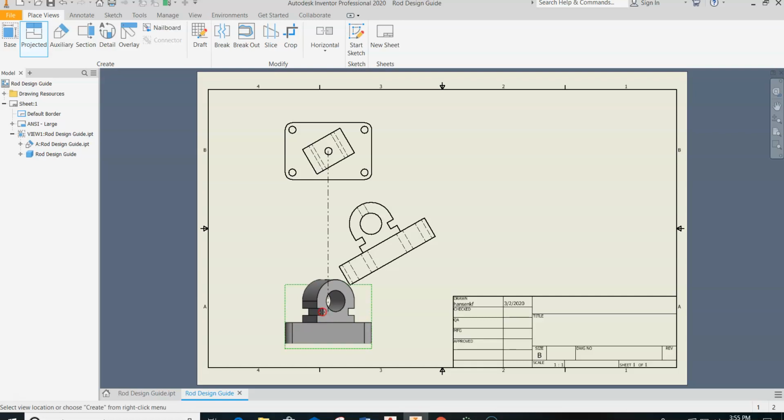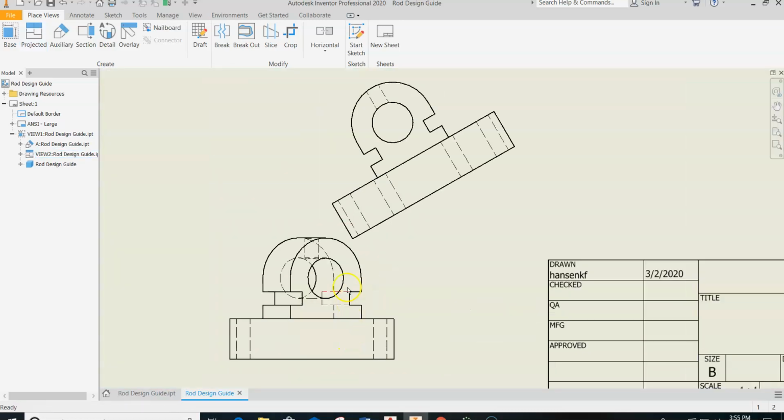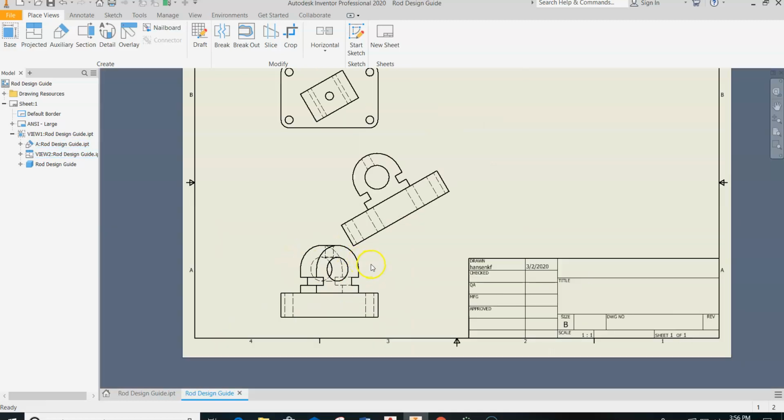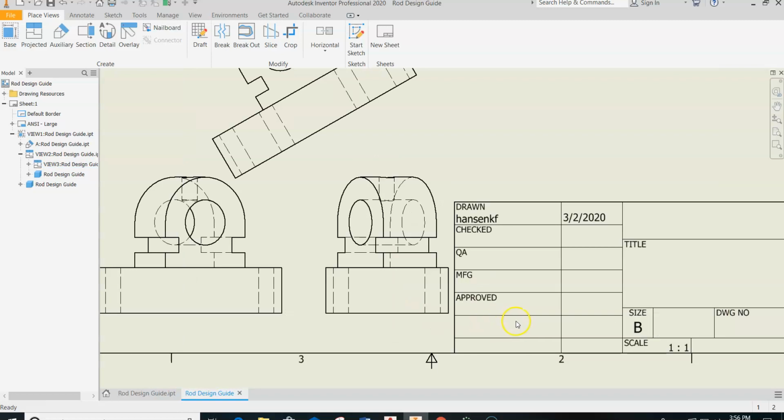So if we look at this as our front view, you will see that this view right here of all of this information is really not relevant or is not usable information. There are no true size shapes. All of these are elliptical shapes and cannot be used in dimensioning this part. Even if I projected another view off of that front view, that gives us the right side view, which is another view that is not